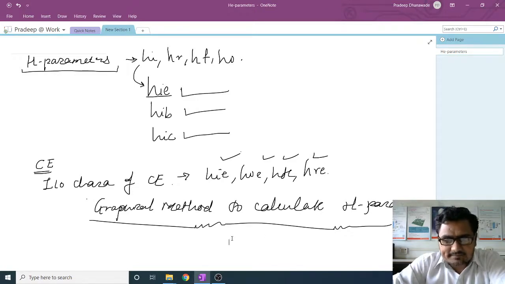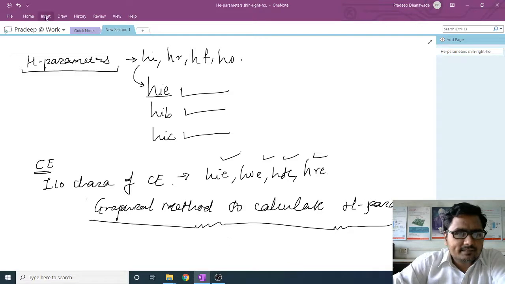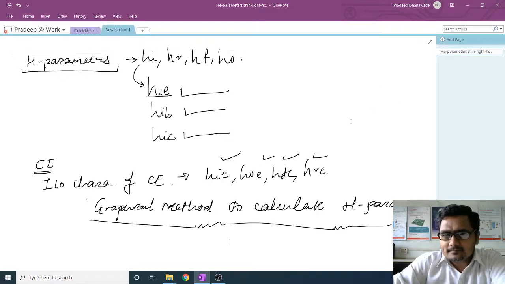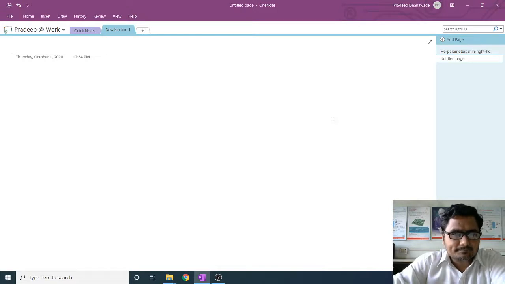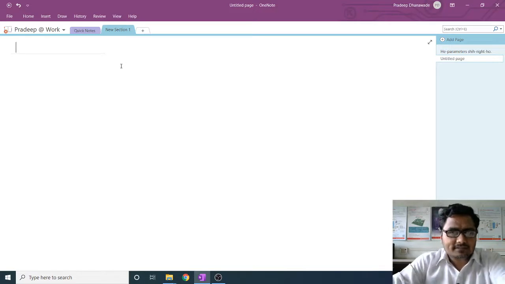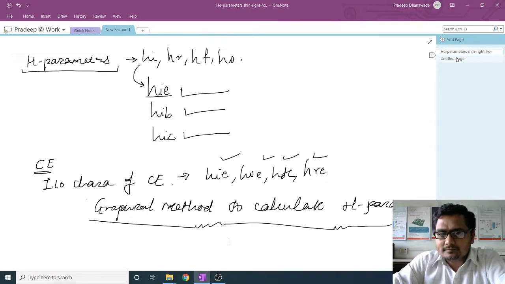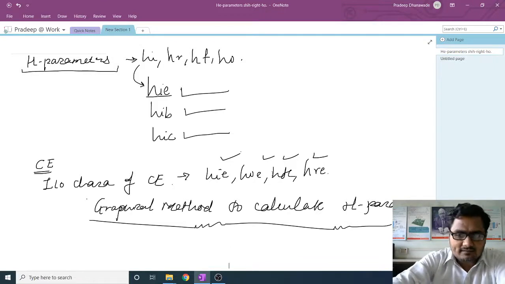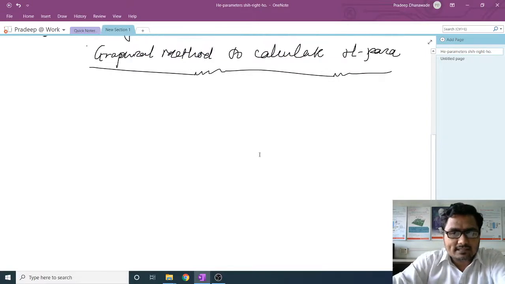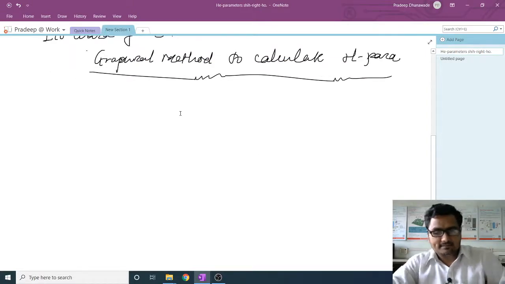See, we are here. How can I add one page? Insert, let me check. I can have this. Instead of increasing the length of it, actually I want to increase the length. Yes, it is possible. So now what is my title? Can I type it here? Let me check.